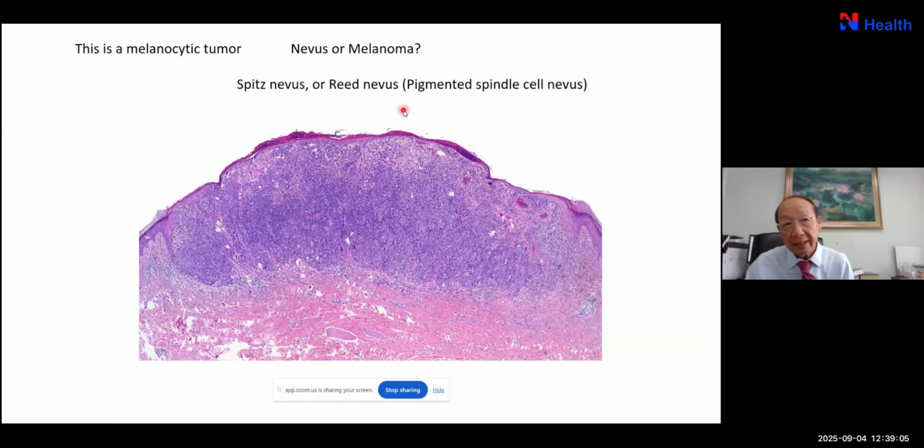But what does not favor nevus is that the patient is too old for Spitz nevus. Spitz nevus is mainly in young adults or children. Okay, we look at it at higher power,